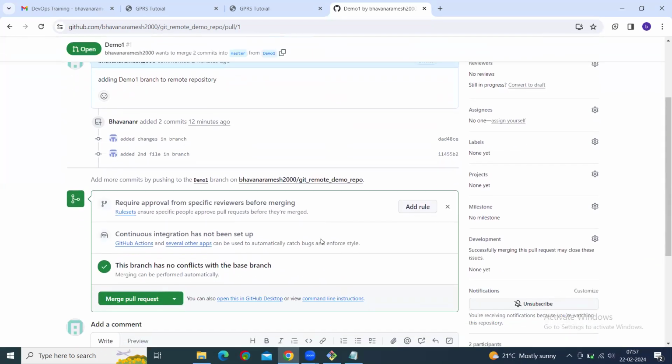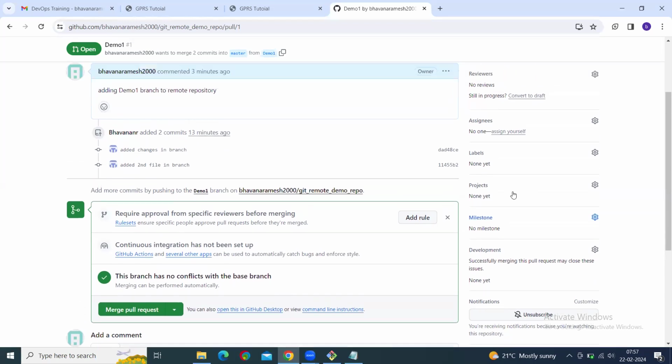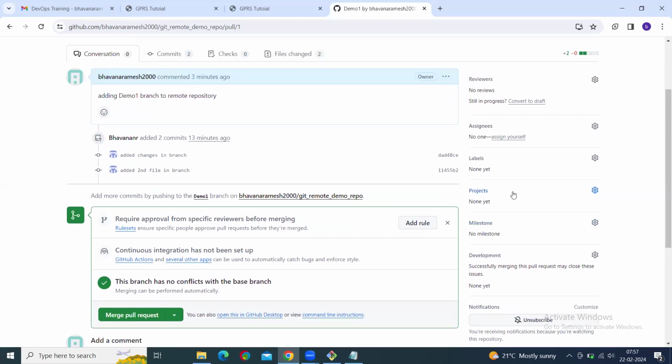Okay. See, you can add some rules also while creating the pull request. Now, you can require approval from specific reviewers before merging. So here, if you have a reviewer, you click the